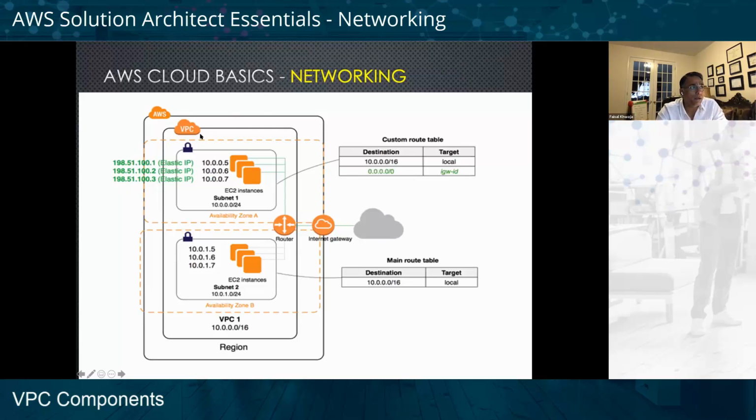Okay, if you look at the holistic diagram over here, again, this is the AWS environment. This is your VPC. Within the VPC range, you have 10.0.0.1/16, 65,000 range defined. You can define a subnet where you say, okay, 10.0.10.24, and this one is 10.0.0.24. This is all associated with the router, because everything from the internet first comes in, and let's say there's the internet gateway defined, and that comes into the routing table, right? Routing table basically says, okay, where do I go? And then let's say you have an IP address, which is an EIP, it says, I have to hit 198.50.100.1